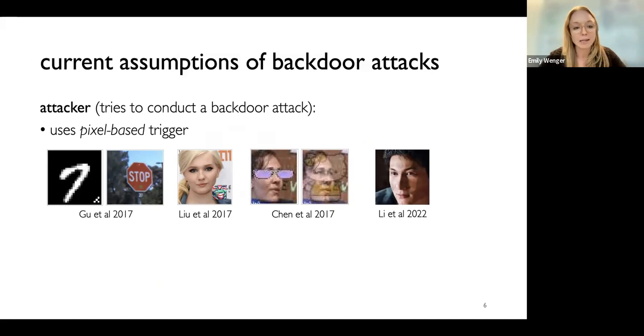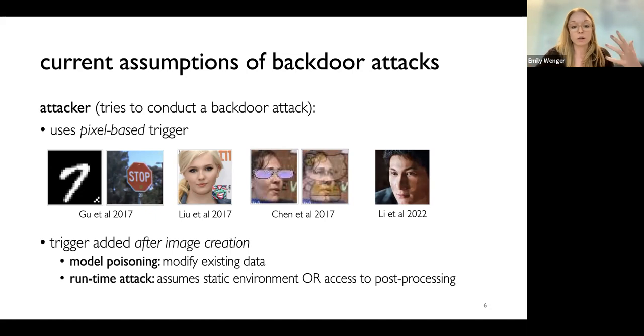So the original BadNets paper from 2017, Gu et al., used that little checkered flag square, as well as the little yellow square that's very similar to the ones I've been demonstrating. And as backdoor attacks have evolved, even until very recently, there's been a very heavy focus on these sorts of image-based modifications that are done after images are created.